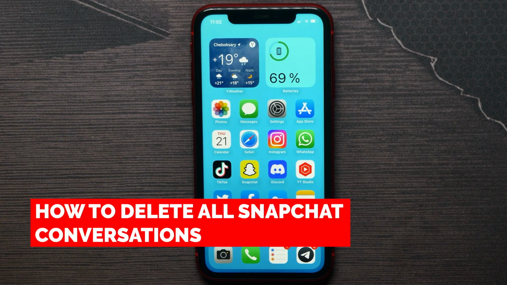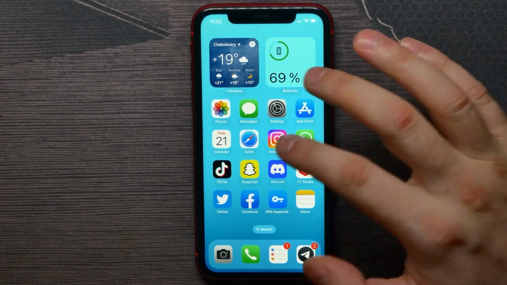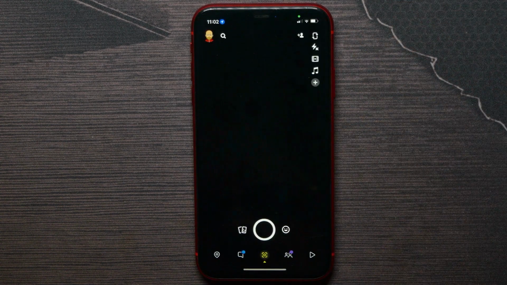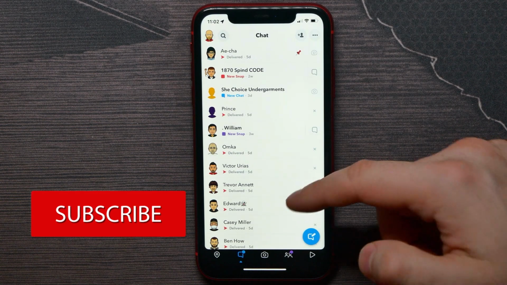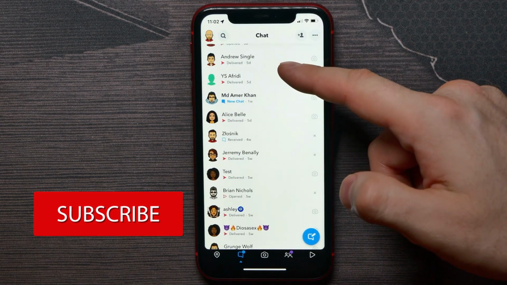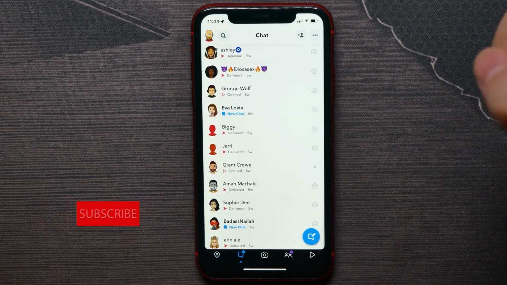In this video I'm going to show you how to simply delete all Snapchat conversations. That is quite simple and easy, so let's begin. First, open up the Snapchat app and there hit on the chat icon. Now here I've got lots of conversations, and to be able to delete all of them I have to